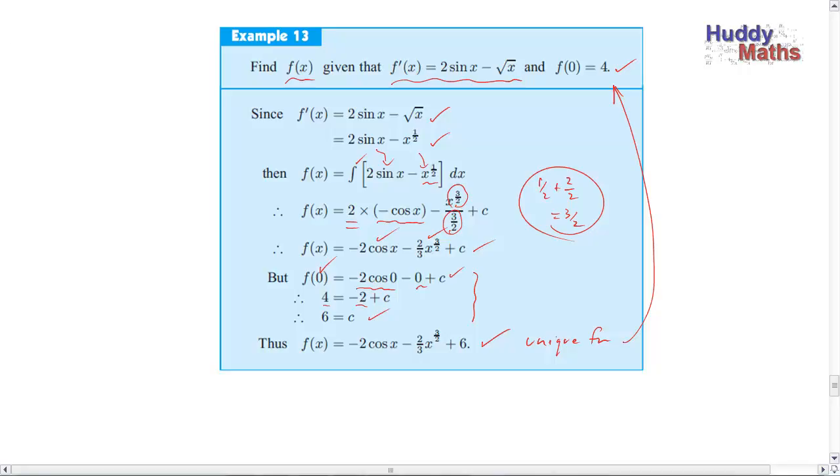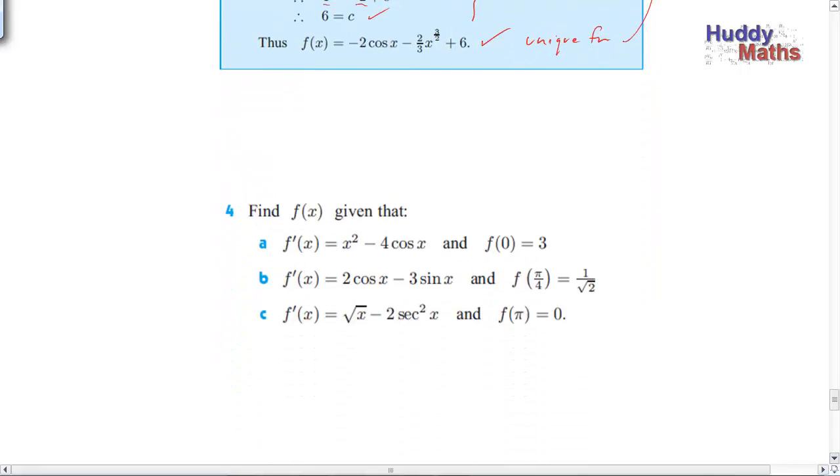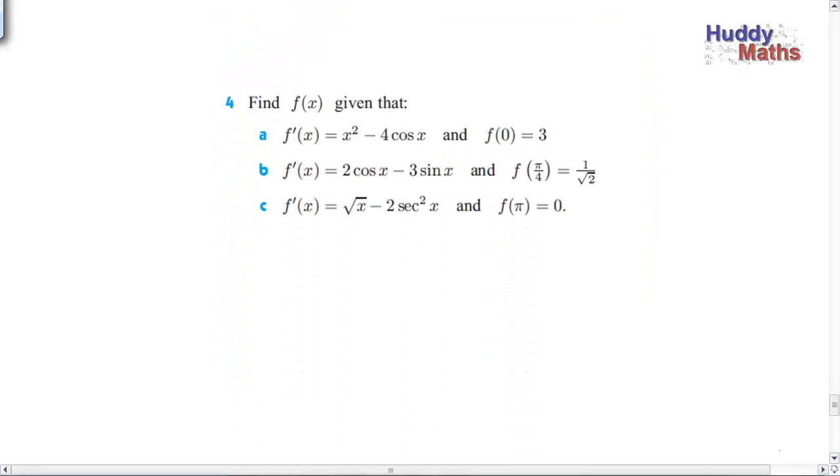Okay, so time for you to try some now. Here, watch the setting out. We want f of x, so you'll say f of x is the integral of f dashed x, coming backwards, antiderivative if you like, and therefore you'll set it out with this is the integral of x squared take 4 cos x dx, and go through the steps and evaluate c at the end. All right, have a go, and we've come to the end now, so I'll give you the solutions